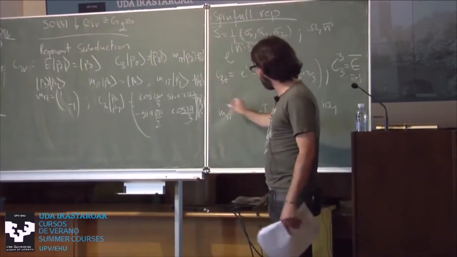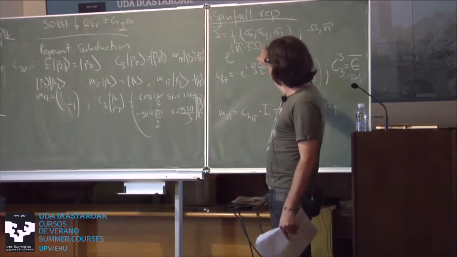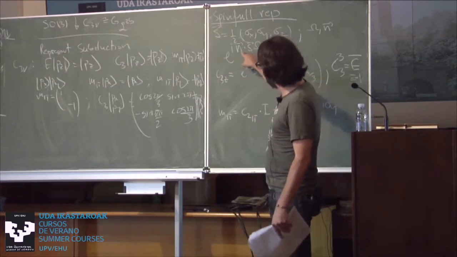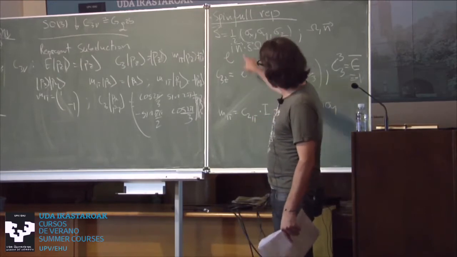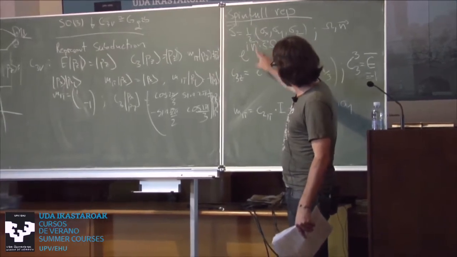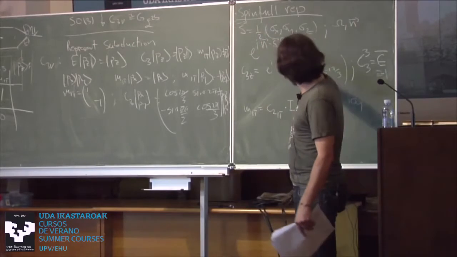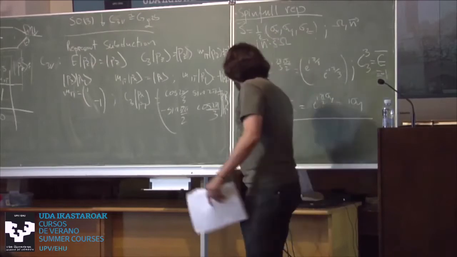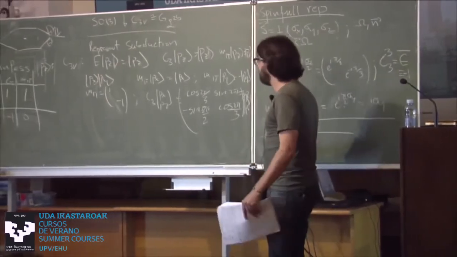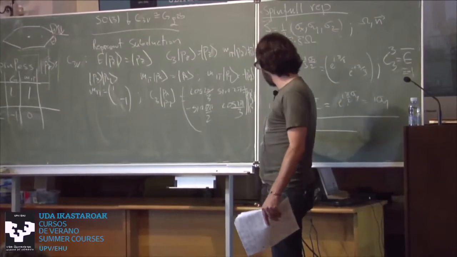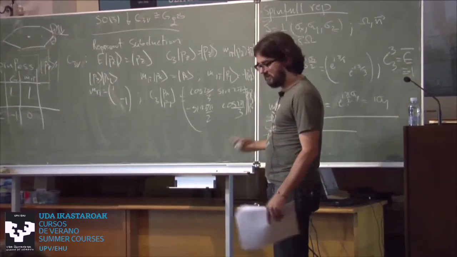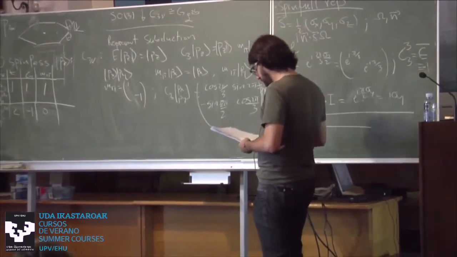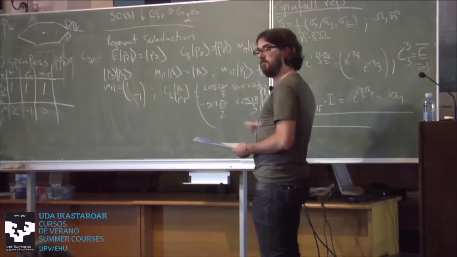Inversion flips all the 3D coordinates, and then I express this as a matrix in the same form from the SU2 symmetry group. C2 is e to the I n. This axis is y, so it's n times s. N is just ny times sy, rotation by pi. So I get pi, but I get a half from here, and that's the matrix. Okay, so this is the PZ orbital representation of the C3V double group. Double group means it's spinful. So we call this representation row 6, just for jargon.